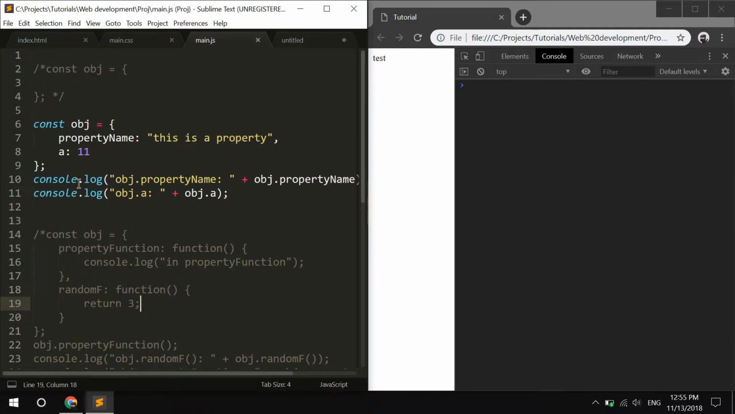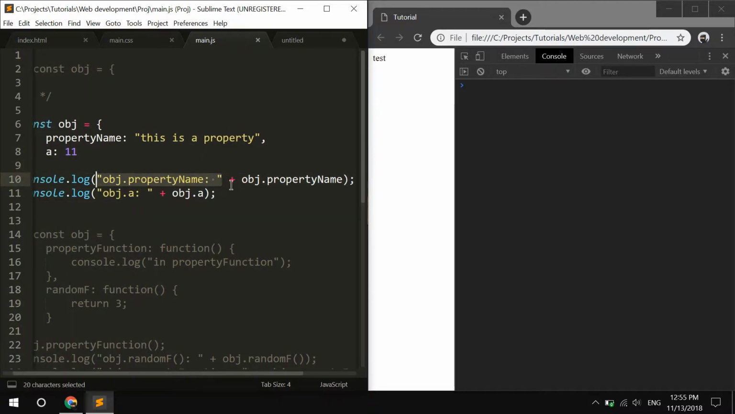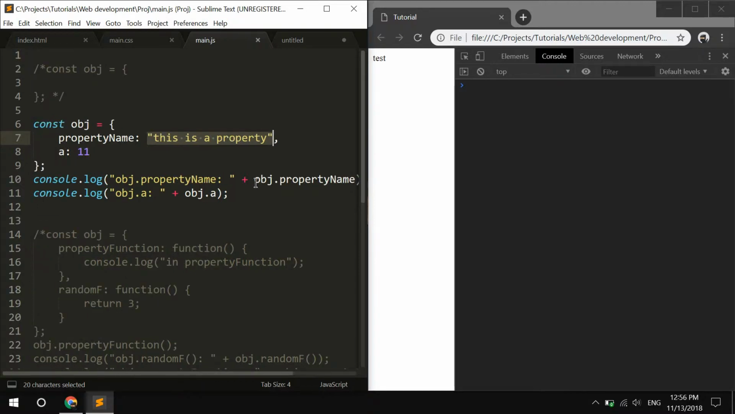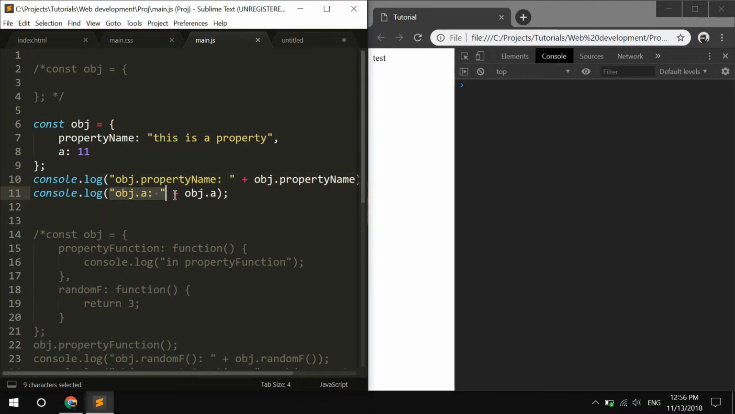So in this case, when we call console.log, we will take the string object.property name colon, and concatenate it with the value of this property. And the value of this property, you may guess what? The value of this property is this is a property. So once we get this value, we concatenate them and we output it to the log with object.property name appended. The same goes for object.a. We just output this string concatenated with the result of retrieving the value of this property a, and the value of this property a is 11, so we should get object.a